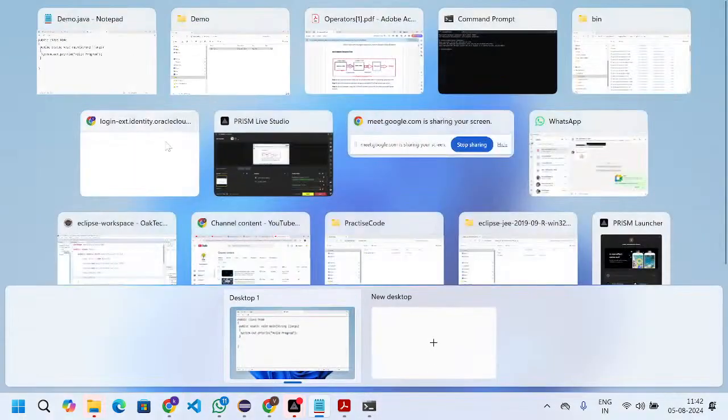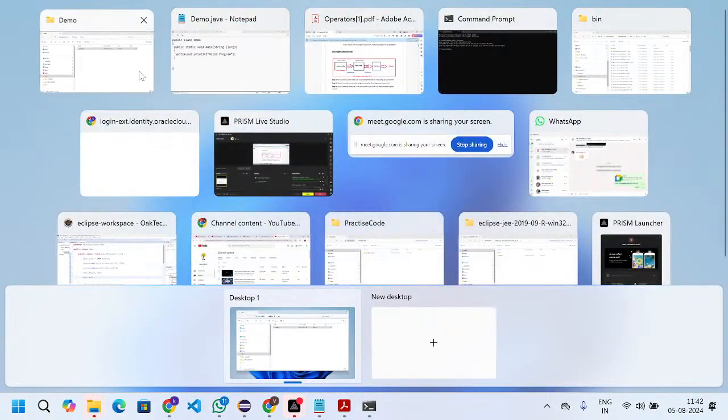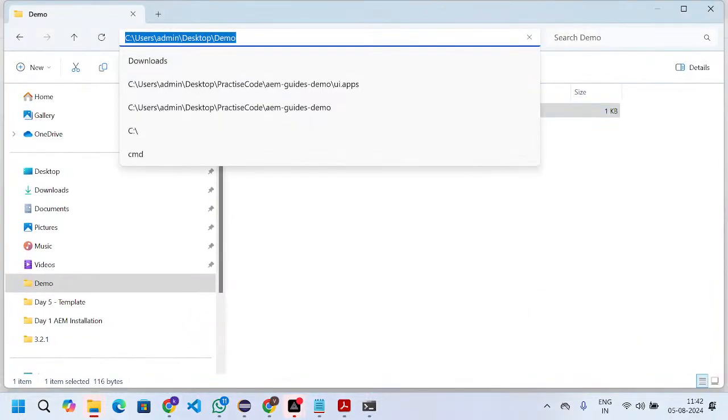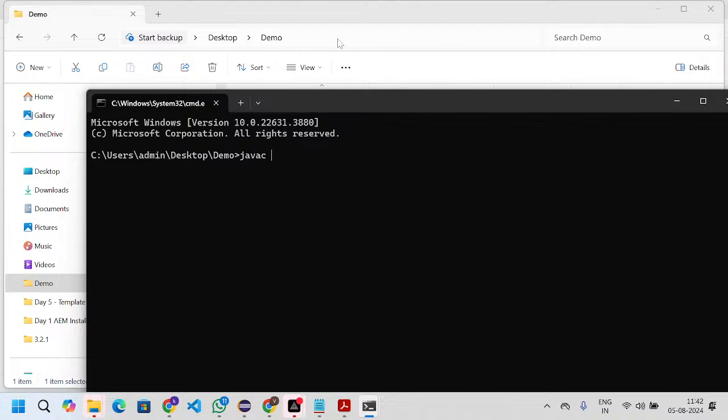Now, if you observe here, we have only one Java file. Where the file is available, you can simply open the command prompt there itself, and then compile with javac Demo.java. Then the compiler starts executing and checks for syntax mistakes, and the compiler is the tool which will generate the .class files, right?